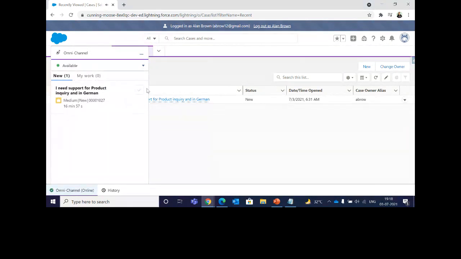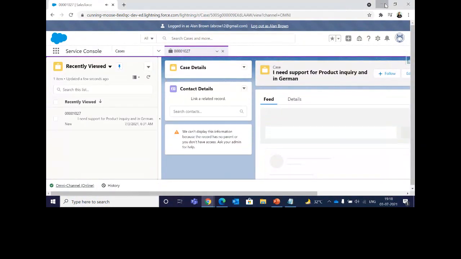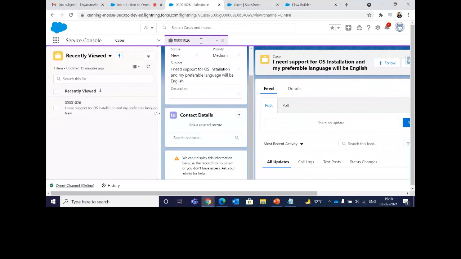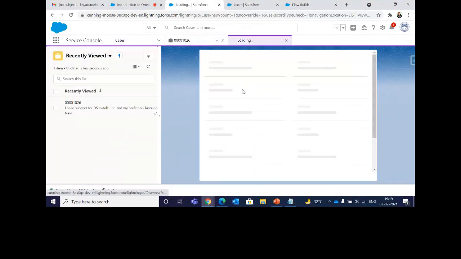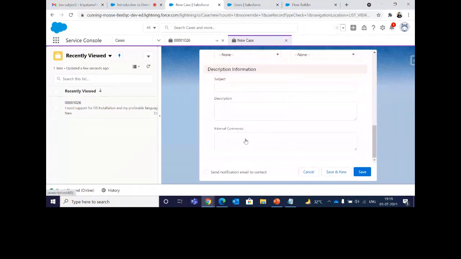This is the earlier case. I didn't accept it, so it is running now as well. Until and unless you accept it, it will run. So I'll quickly create a case, the same way we did for Apex. I'll give the name OS installation in English. It should route.